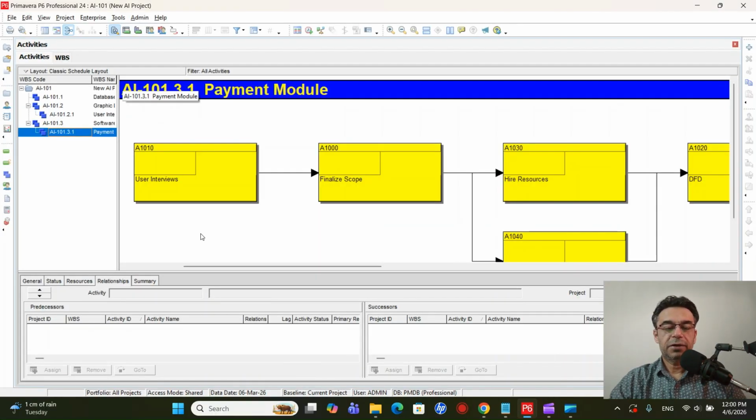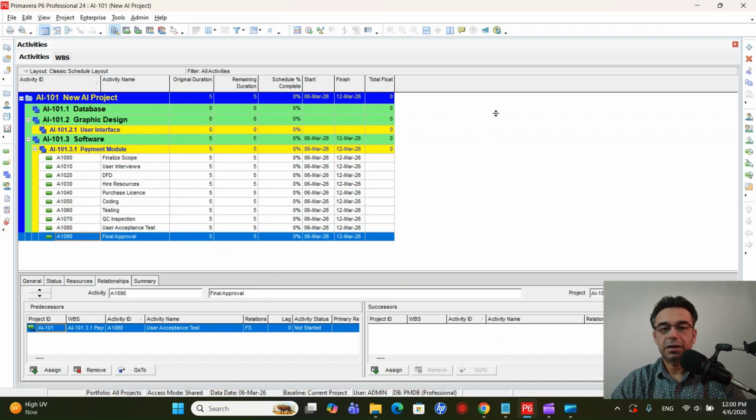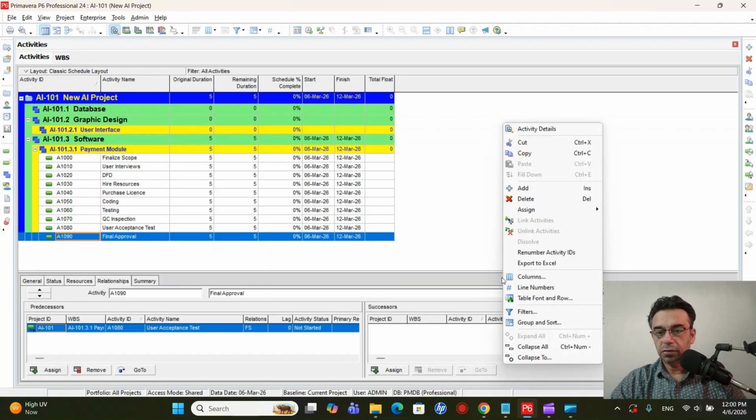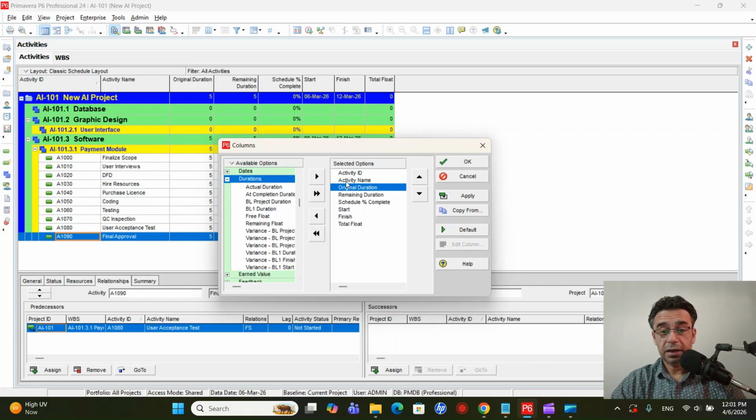So once we have created the project network diagram, we will now assign the duration to each and every activity. For that, we'll make sure that we have some columns here. Let's say we'll have activity ID, activity name, and we need one column which is called the original duration. If you don't have these columns, you can right click, go to columns, and select which columns you want to add. I have activity ID, activity name. I will have original duration, which you can find under the duration category. You can add the original duration,